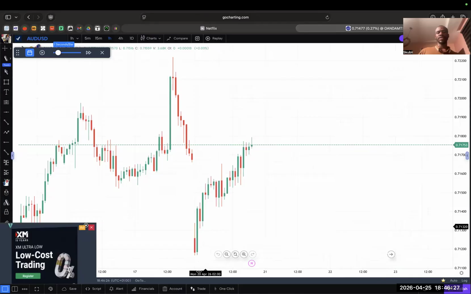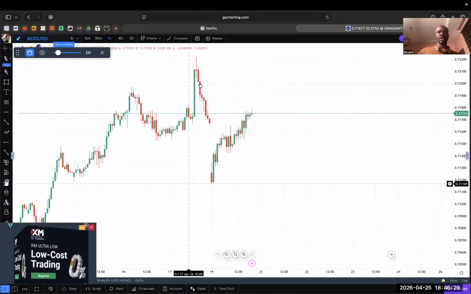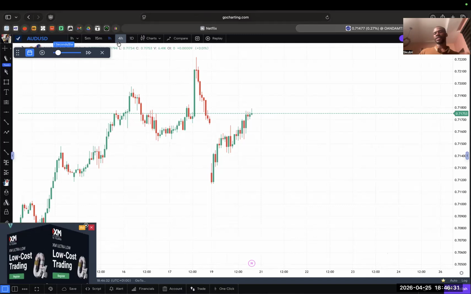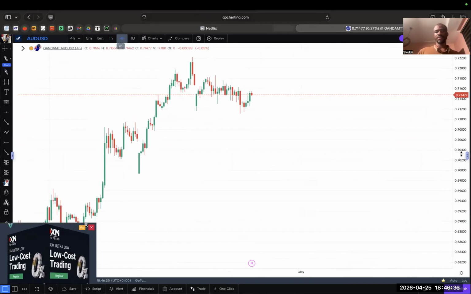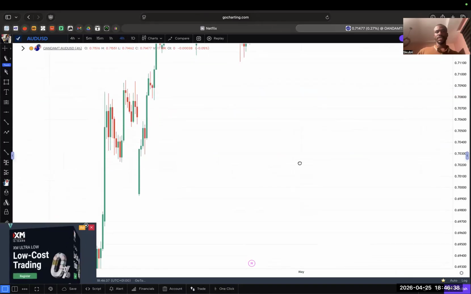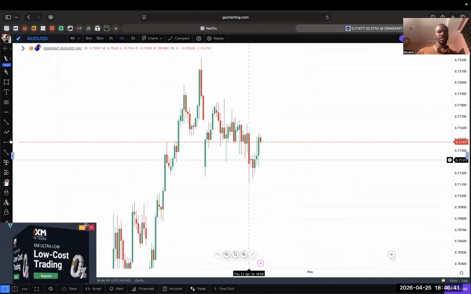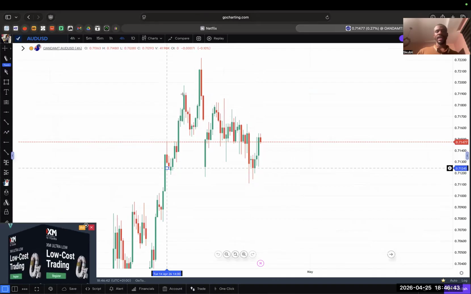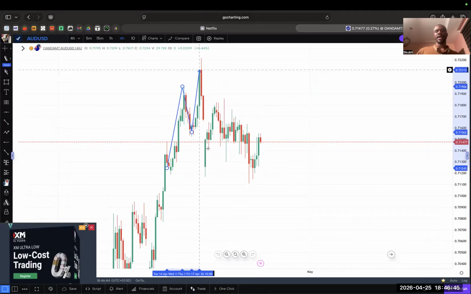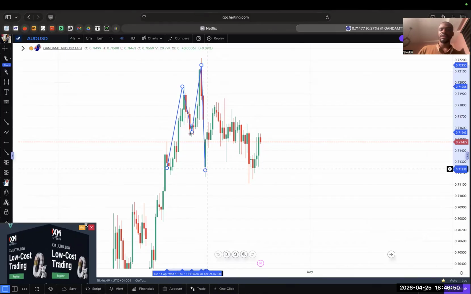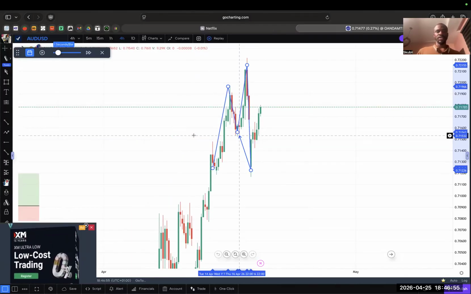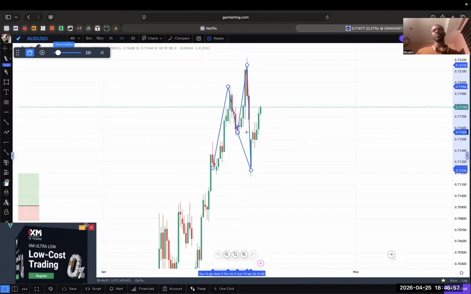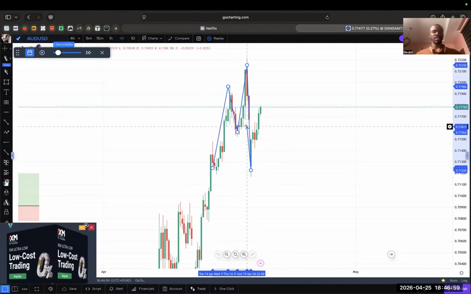Now, why I decided to take this trade was because, if you look at this, we'll start from the 4 hour time frame. You'd see that price was in an uptrend, creating a series of higher high, higher low, higher high, and then price created this low. This low broke below this most recent one here. So at this moment, the market shifted structure. Do you get? At this point, what I was looking out for was sell opportunities.